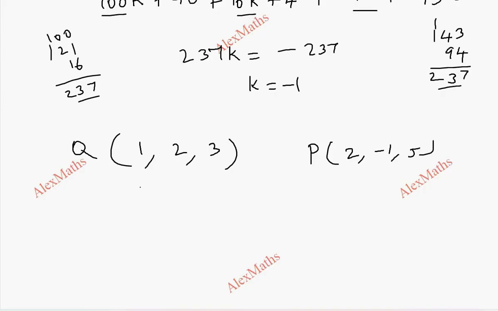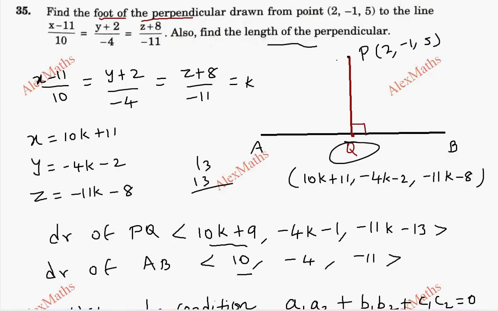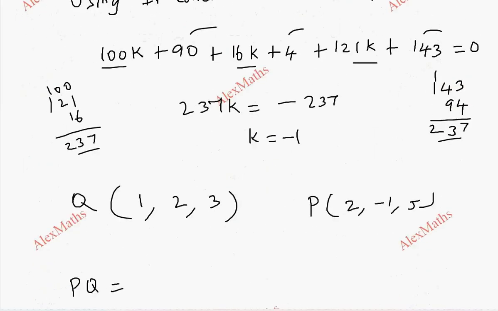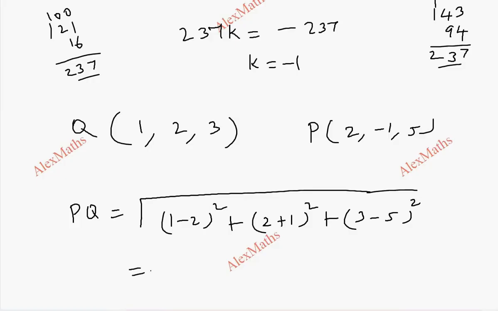So this Q is the foot of the perpendicular which we got. Now we have to find the perpendicular distance. The second part of the question, they ask the length of the perpendicular, which is nothing but this distance PQ. So using the distance formula, root of (x2 minus x1) whole square plus (y2 minus y1) whole square plus (z2 minus z1) whole square. So totally this is (minus 1) whole square, which is 1, 3 square, which is 9, 2 square, which is 4. So totally this is root 14